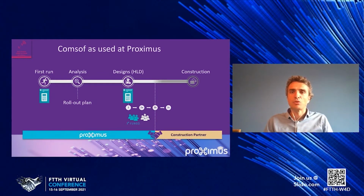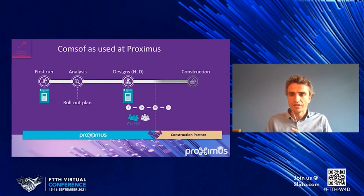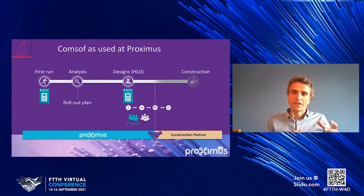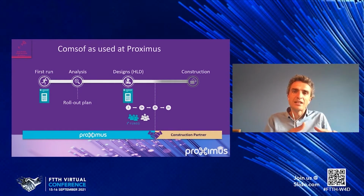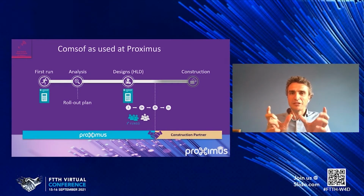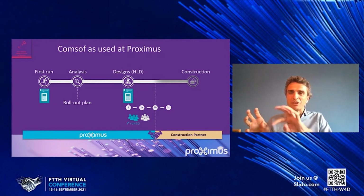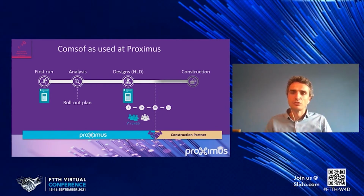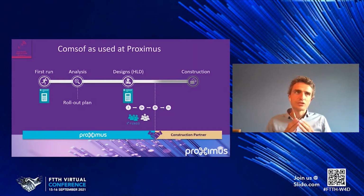However, at the end, there are always small surprises and deviations. So we are developing a third iteration, which at the end is not designing the optimal solution, but discovering what has been really designed and deployed, and then doing the cost calculation again. So the two steps in the algorithm, design and cost calculation, we do in the first ones. And then for the last one, the design, we replace by a discovery and then do the cost. And then we just negotiate a bit on the highest deviations. So that is really, for us,